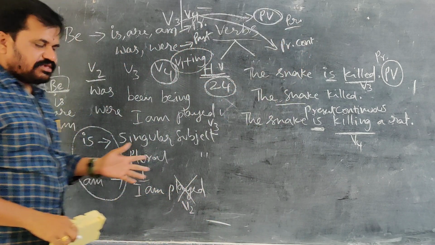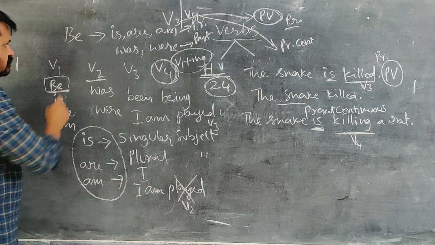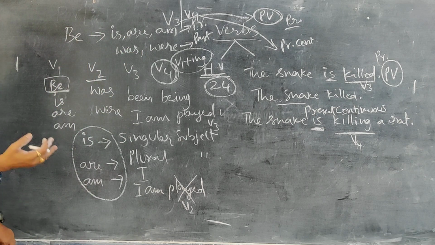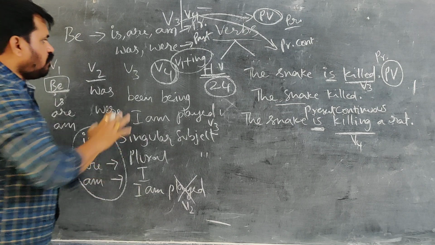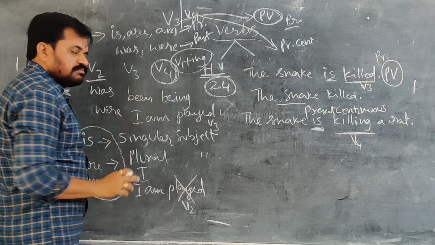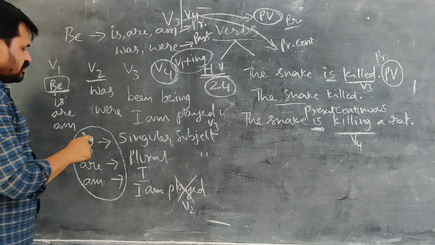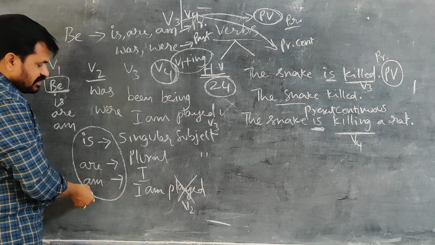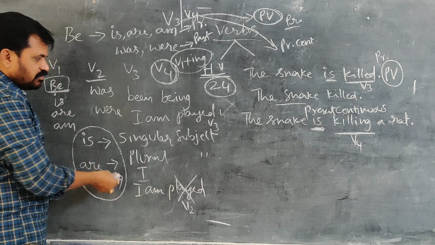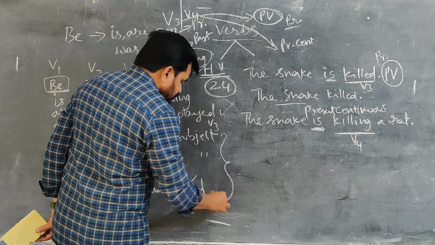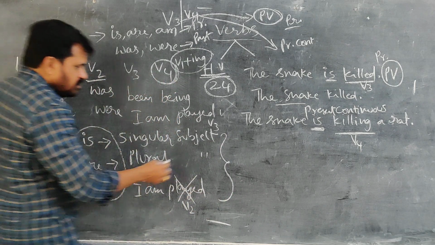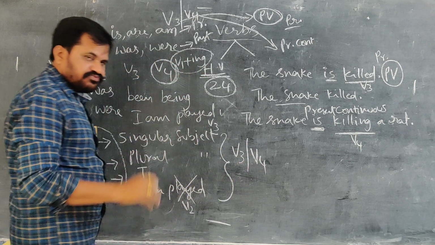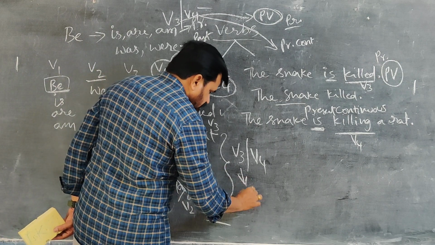So in such a way, was and were also work in the same method, but the tense is changed. Was and were are used in past tense only. Here we said is or am. Regarding is or am, with which subjects we have to use. After these three, we are eligible to use only V3 or V4. Whenever we use V3, it becomes passive voice.